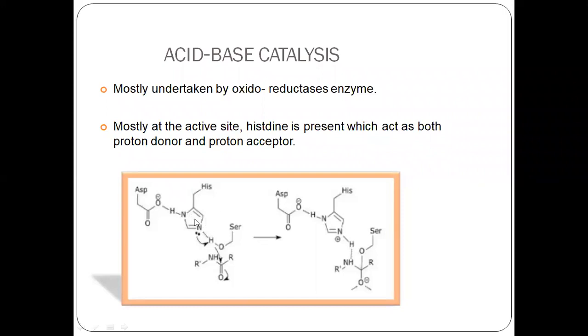Then this histidine is there now. Whenever histidine amino acid is present in the active site, it acts as an acid as well as a base catalyst. It is donating the proton, and it is making the binding of this substrate with this active site stronger. When the binding interactions between the enzyme and the substrate are stronger, you will get a lower energy transition state. When the transition state is in lower energy, obviously activation energy will decrease and the reaction will proceed faster. Let us take an example.